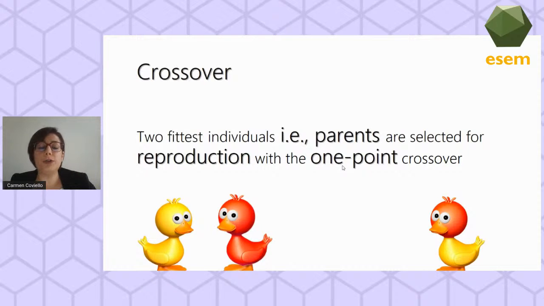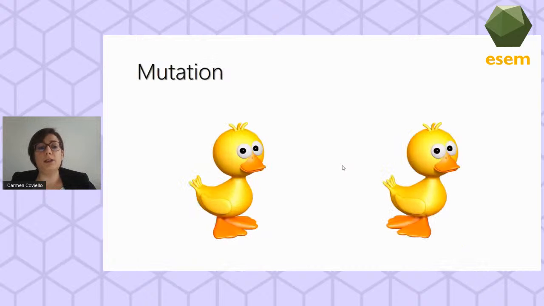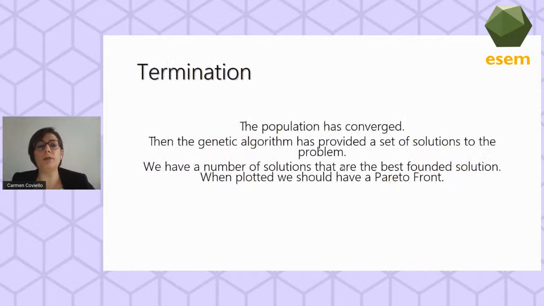We use the 1-point crossover, in which the crossover point is randomly selected for each pair of parents. The mutation step works on a single individual, and it consists in a genetic mutation. This phase guarantees variability in the population and prevents premature convergence. And this operation iterates over time, and the algorithm stops when the population converges or when the maximum value for